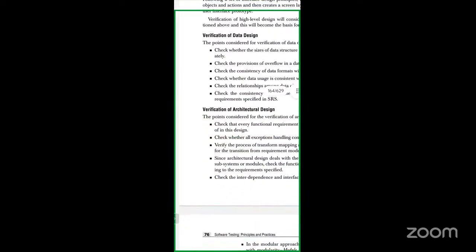So verification of data design is how the design is there, how we are looking at that design, and how the design is useful for the users, which we are going to check with the help of verification of data design. Then coming to the architectural design. So how the architecture is, whether it is a mesh architecture or star architecture or any other architectures we have in the market, that we are going to check,